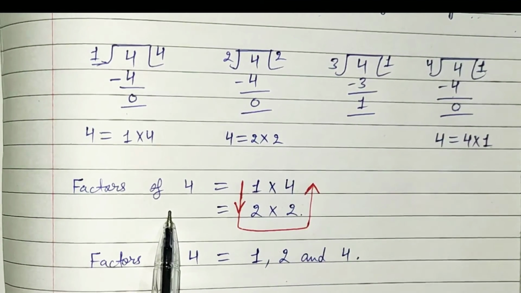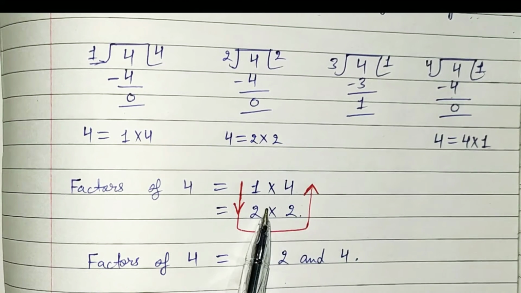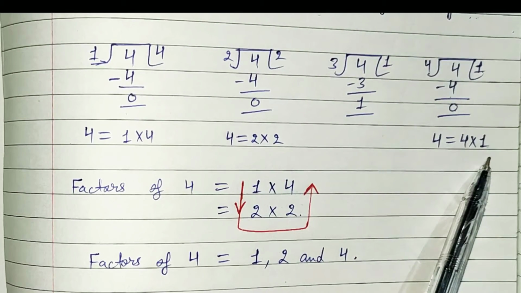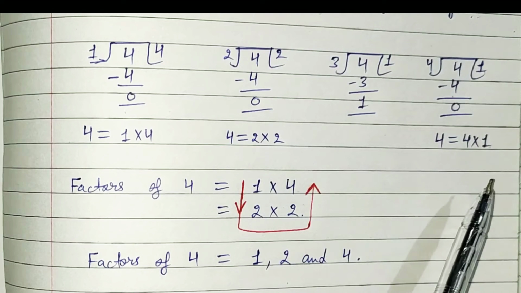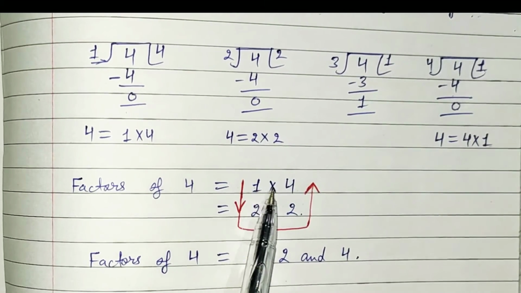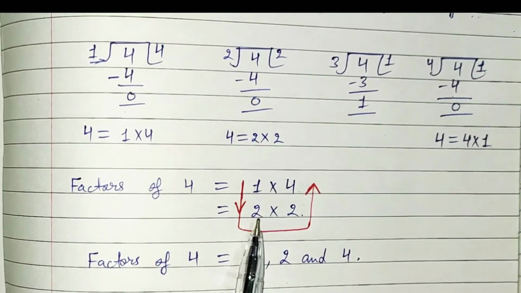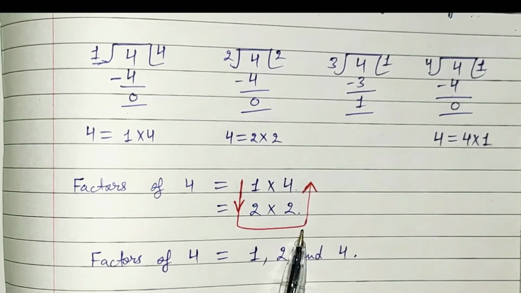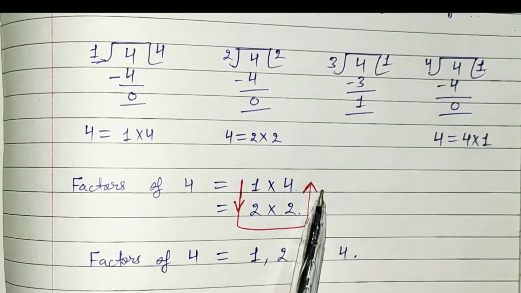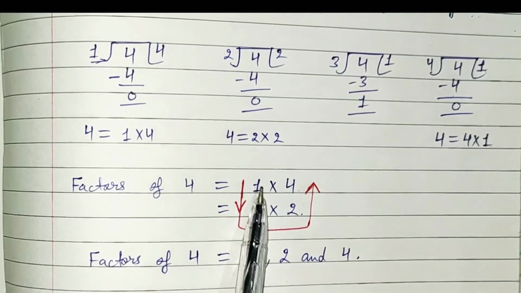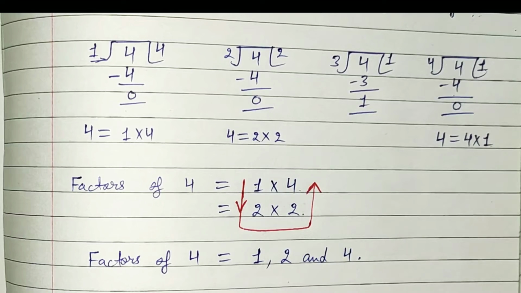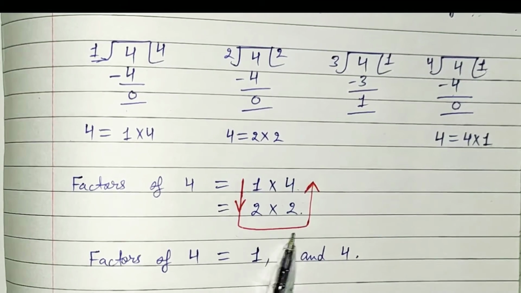When we find out the factors for the numbers, we have to stop at that point when the factors repeat. When the factors repeat, then we have to stop there. जैसे आपका यहाँ पर 1 into 4 है और अगर हम इसको लिखें 2 into 2 ये आ गया हमारा, और यहाँ पर 4 into 1 हमारा आया था, तो यहाँ पर हम 4 into 1 लिख सकते थे. बट अगर हम ऐसे ही सीक्वेंस में अगर फैक्टर्स लिखते तो तभी भी हमारे फैक्टर्स 1 2 4 ही रहते हैं. ठीक है. तो जब भी आपके फैक्टर्स रिपीट हो जाते हैं तो आपको वहीं पर स्टॉप हो जाना है. इसीलिए हमने यहाँ पर 4 into 1 नहीं लिखा है.